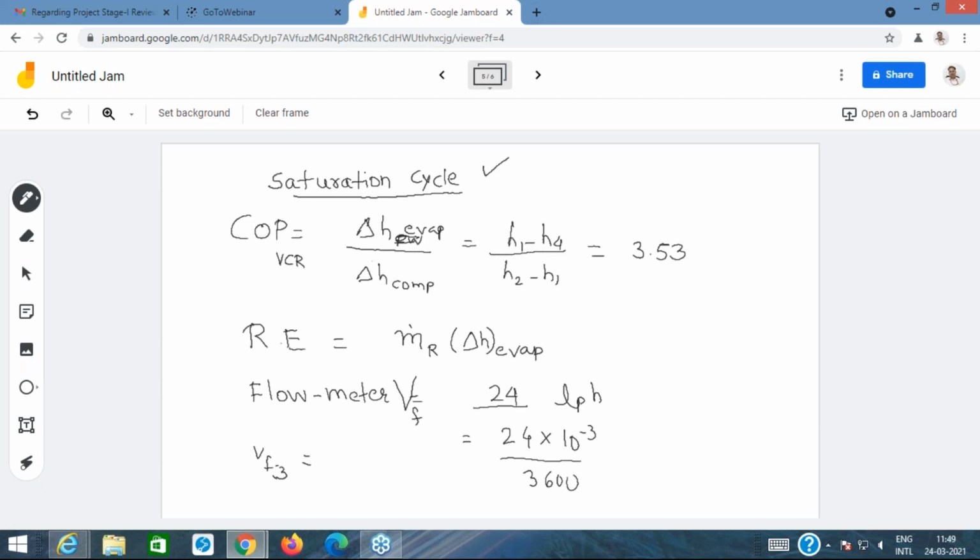Okay, volume with the specific volume. From the pH diagram or even from the refrigeration tables, one can read the specific volume of the refrigerant at the given pressure. What is the given pressure? That is the condenser pressure. Actually, you need to do some interpolation, but I would simply write down the value, assuming that the interpolation is done. We won't get the value of VF3 directly from the refrigeration tables, but if you have the pH chart, then you can get the values directly.